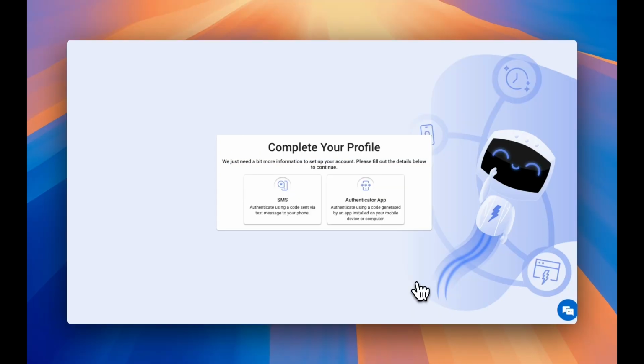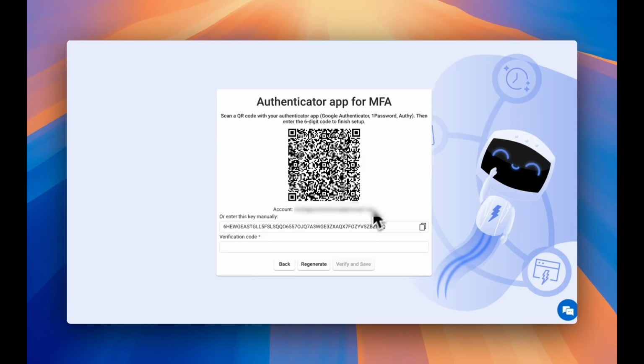Once your password is updated, you'll see the authentication setup screen. You can choose between two options: SMS, to receive the code by text message, or Authenticator App, such as Google Authenticator or Authy. If you choose Authenticator App, scan the QR code shown on screen, or enter the setup code